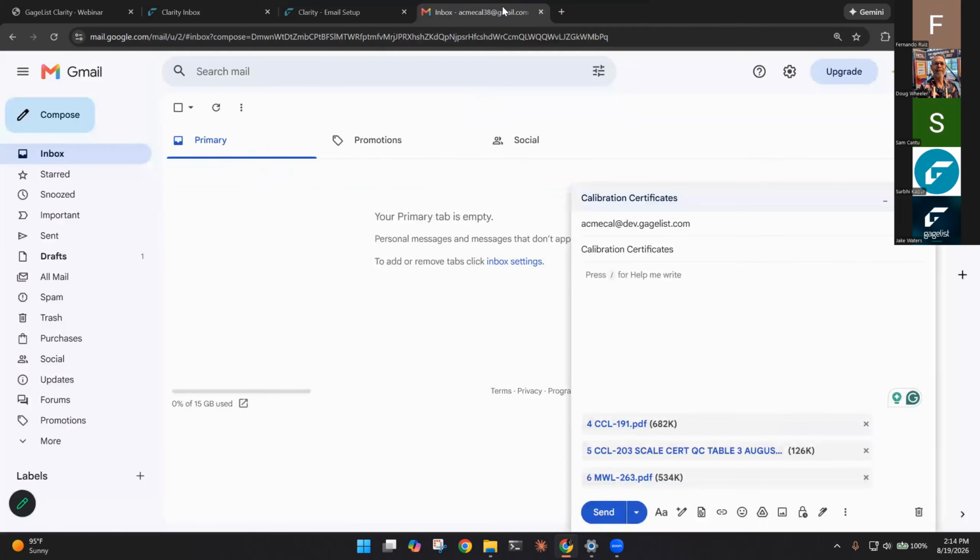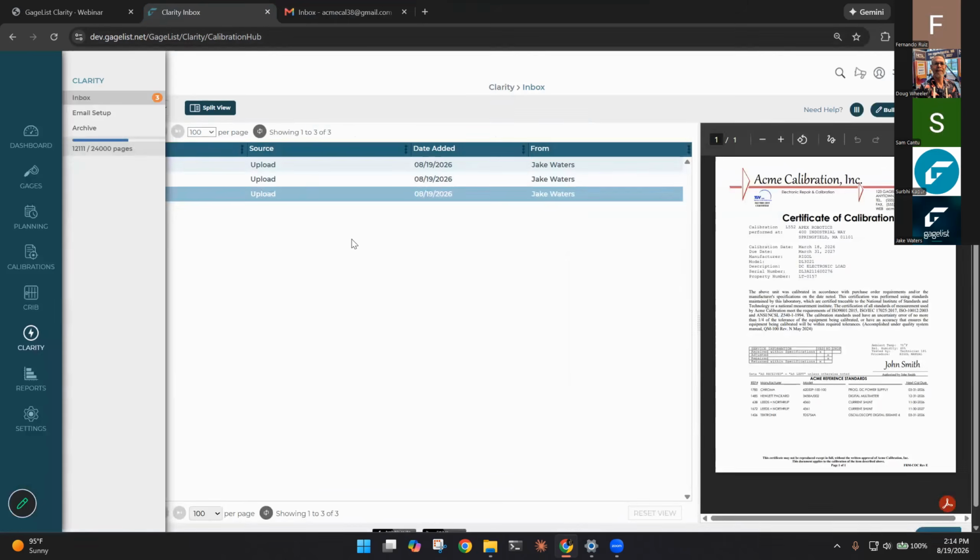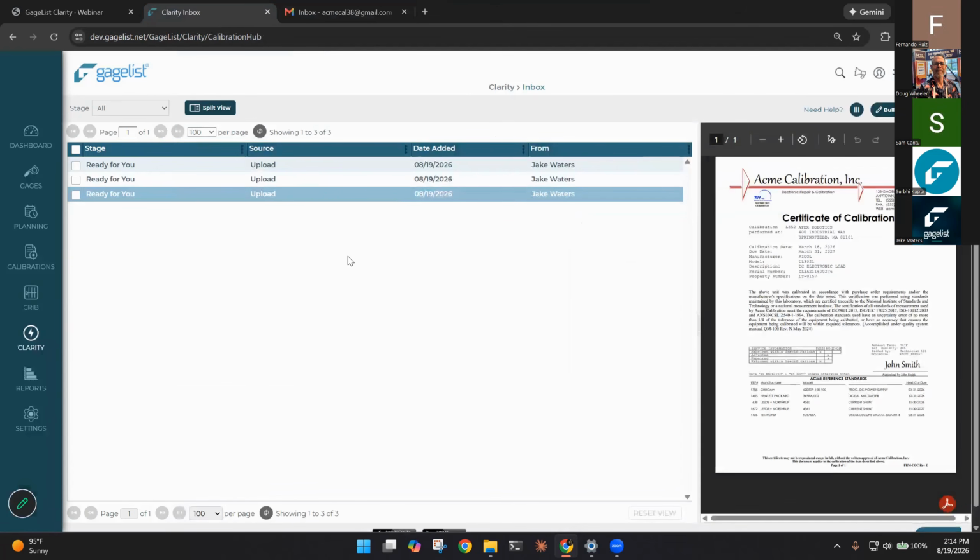Once we've done that, from the Cal Lab's perspective, it's as easy as sending it to that whitelisted email and just pulling in the certs they would normally send over via email. So we'll go ahead and hit send. And then as we're working through our demo, those certificates will start to work in the background and Clarity will start to process those. One other thing we can do here while we wait is show you how to upload these manually. So if we click the add button here,